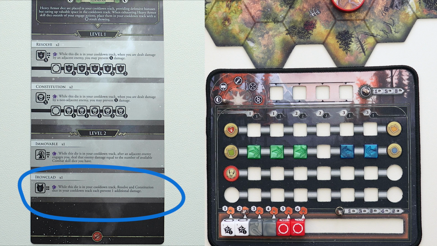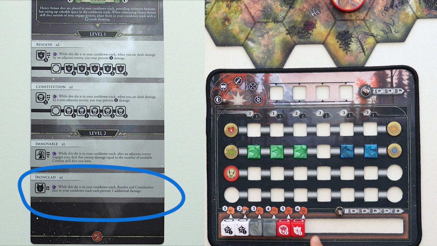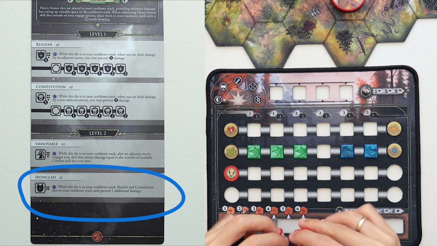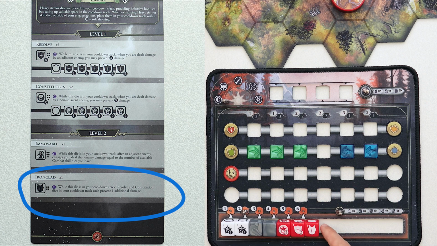So Resolve and Constitution are these level 1 skill dice that we talked about before, and let's say with those particular sides they will both prevent 1 damage, but if you add 1 Ironclad to that, it means each of them will prevent 2 damage now. And of course, because both Resolve and Constitution have number 2, that means how much damage they can prevent potentially on their own. With Ironclad, they can now prevent up to 3 damage,